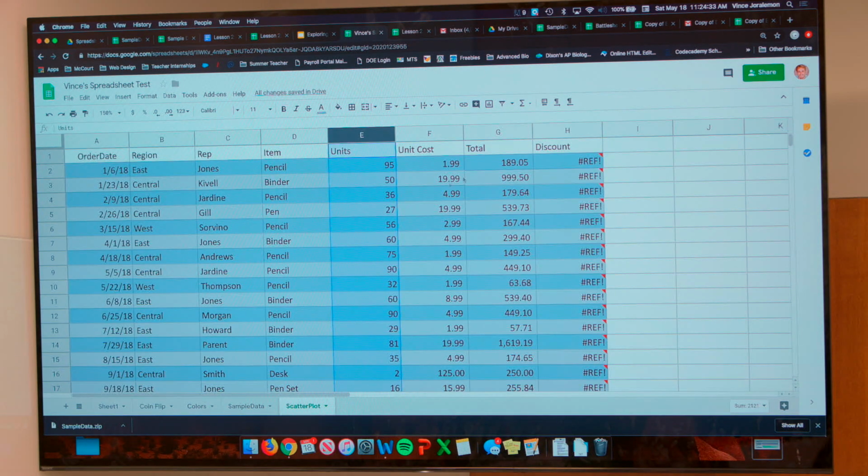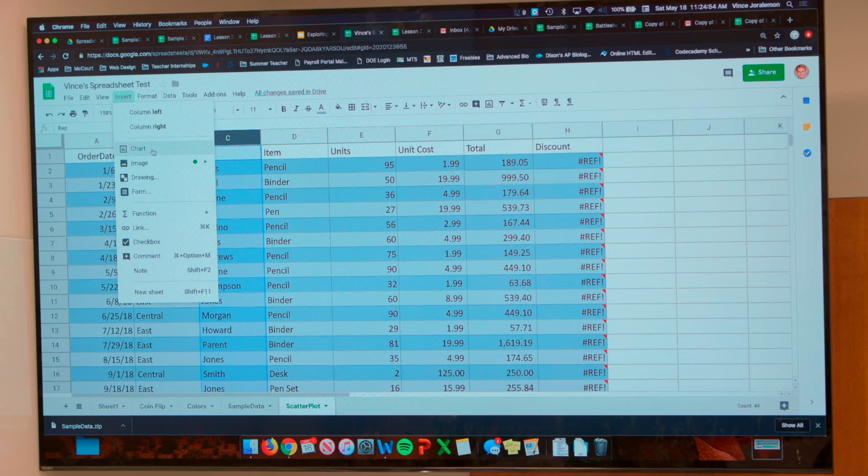And let's say I want to make next a bar graph. Okay? So the way I would make a bar graph, let's say I want to know a bar graph of who is selling the most goods. So I'm going to look at my reps, my salesperson. I'm just going to click on column C, and then I'm going to go to Insert Chart,